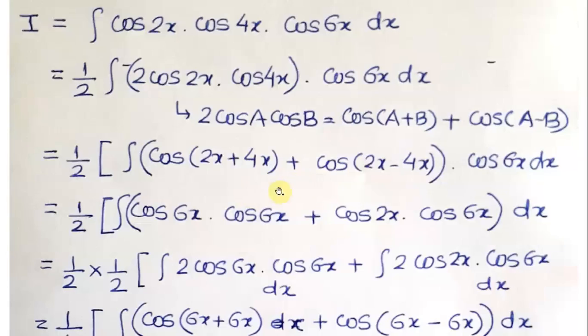Now, these two terms are coming in addition and cos 6x is lying outside the bracket. Now, 2 plus 4 will become 6x and cos 6x also I have multiplied inside. So, now I am getting here 2 cos 6x. Okay, plus 2 minus 4 will become actually minus of 2, but you know that cos of minus of theta is equal to cos of theta, so minus sign will eliminate and we will get only 2x,